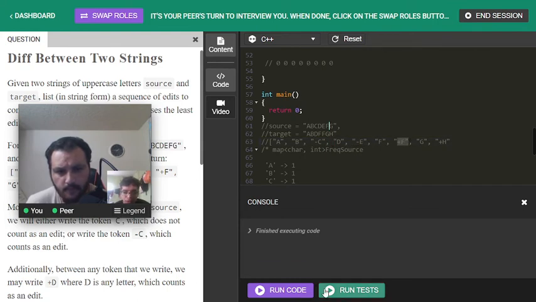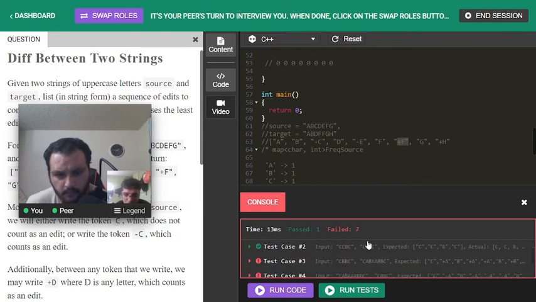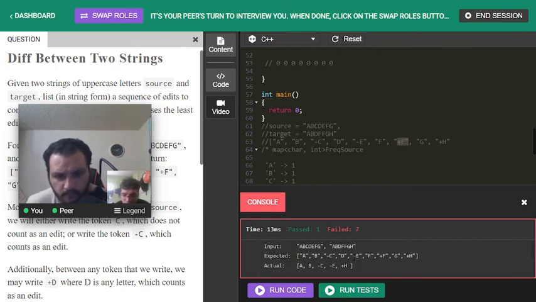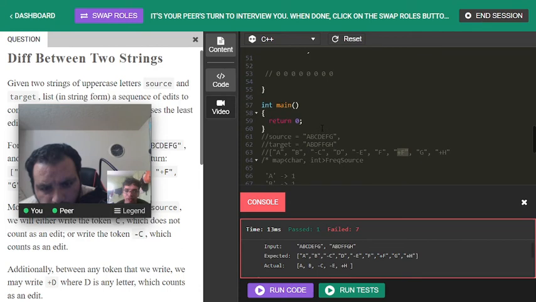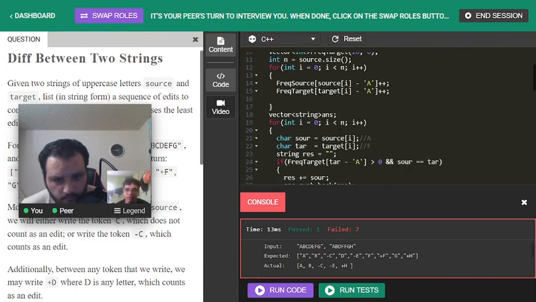Let's just run the test, then we'll figure it out. Yeah, as I feared, we are failing the test cases for this one. So it's giving AB minus C. After that, it's not giving D. A minus C. Oh yeah, it's not doing the extras. Okay, so the case would be that